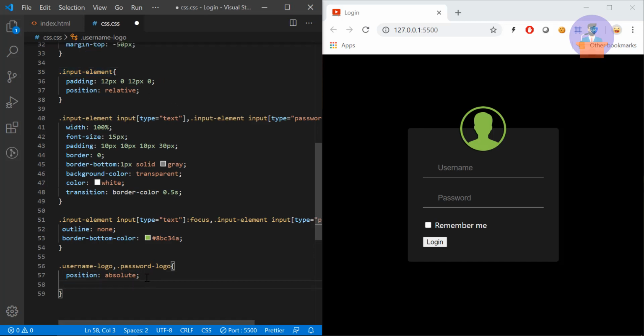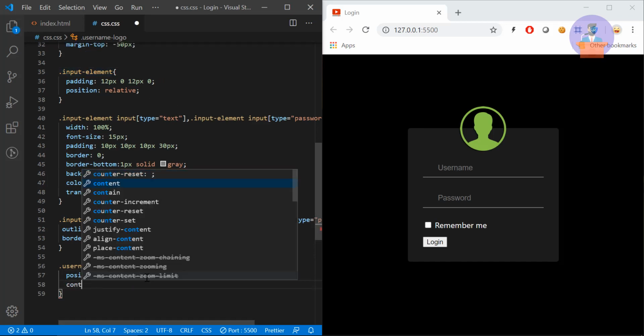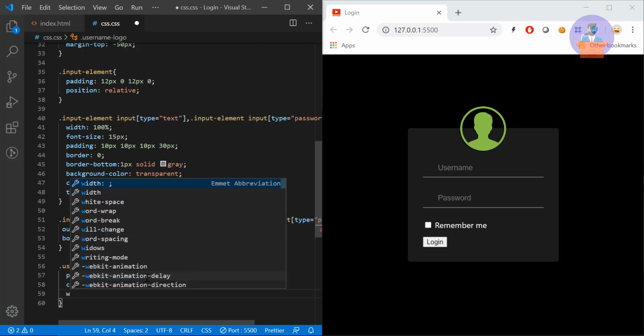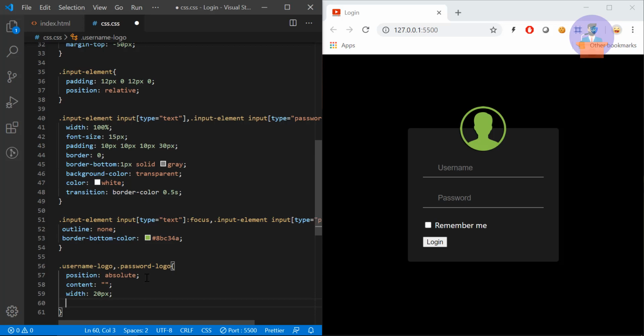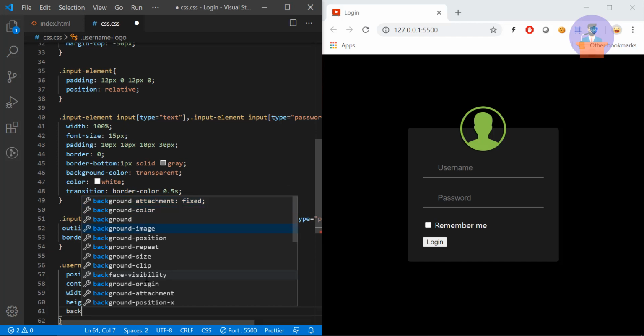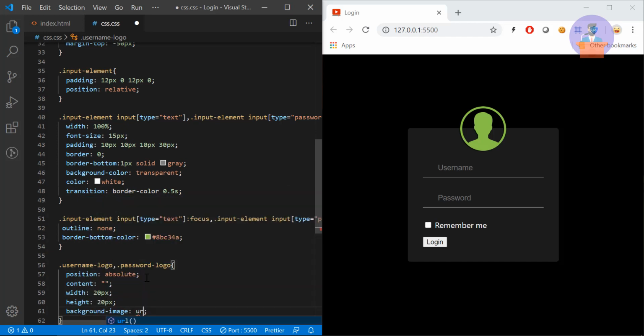So next I will provide content as an empty string, and width as 20 pixels, height as 20 pixels, and I'm going to provide a background image, that is url, and that will be assets and username.